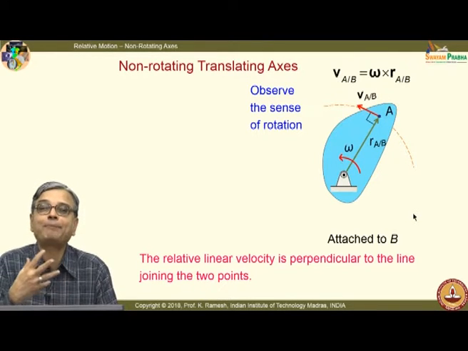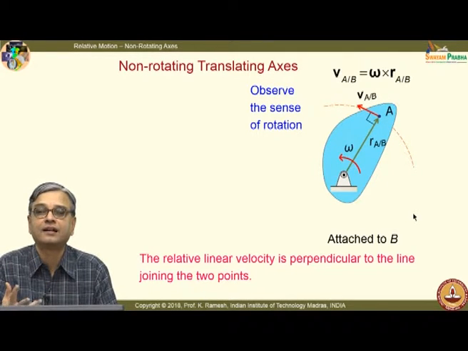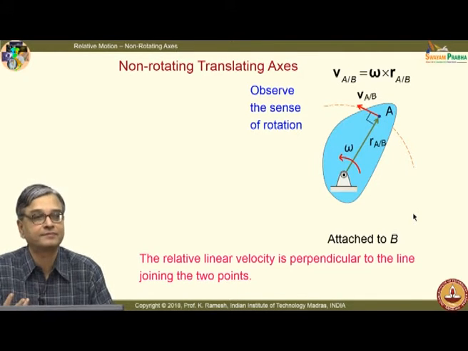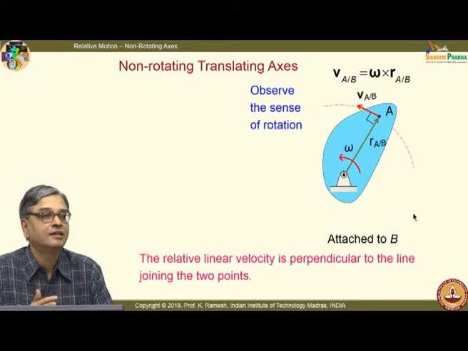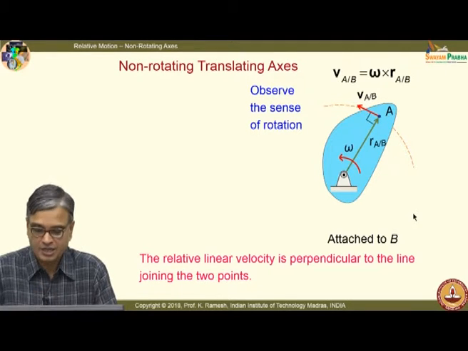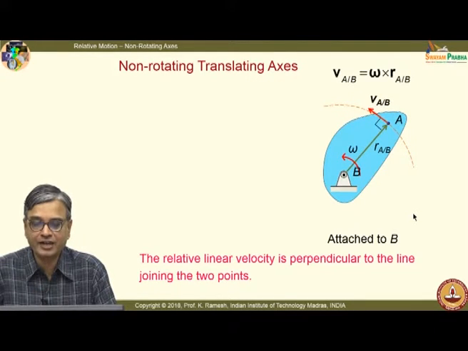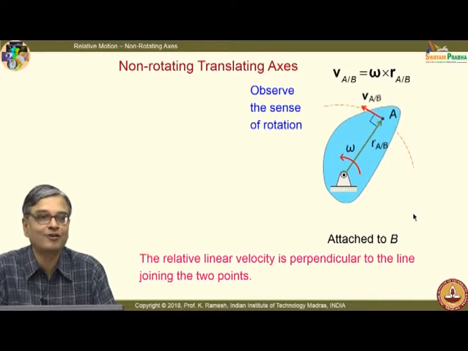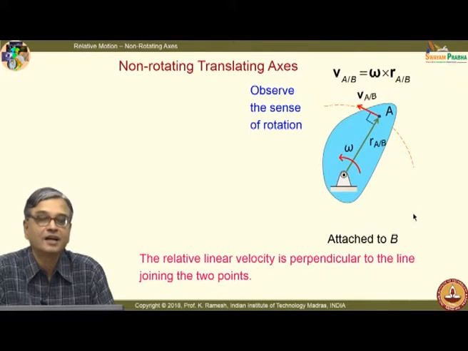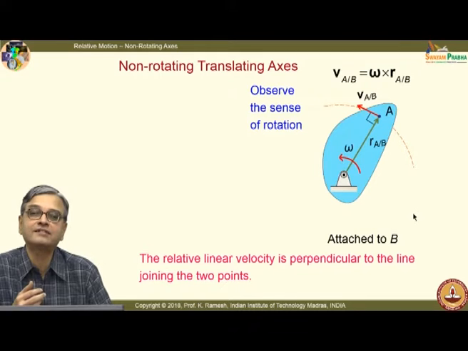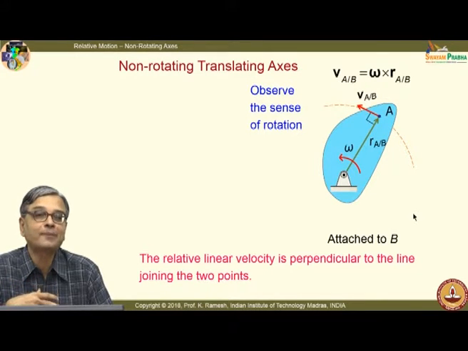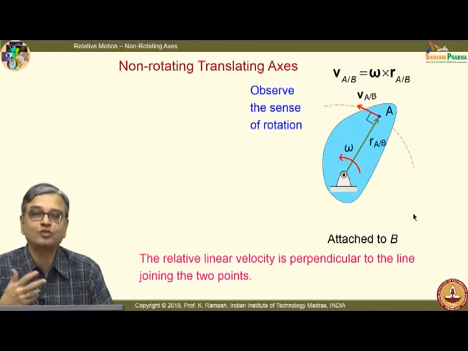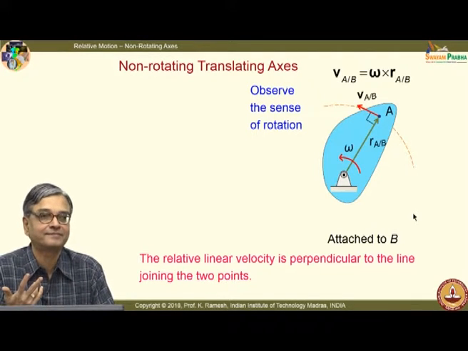What way would I perceive the motion of point B looking from A? This is question number 1. Question number 2 is, how do you see the rotation here? The rotation is anti-clockwise. How will you see the rotation sitting at point A and then look at what happens at point B? These are the two questions you have to get clarity on.